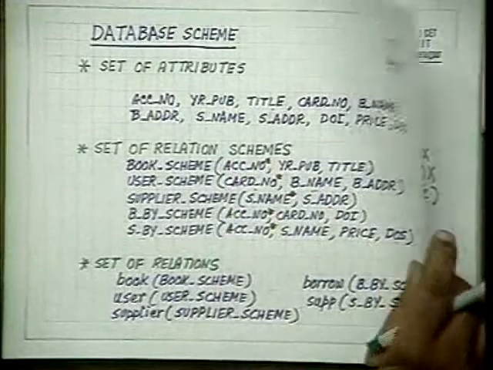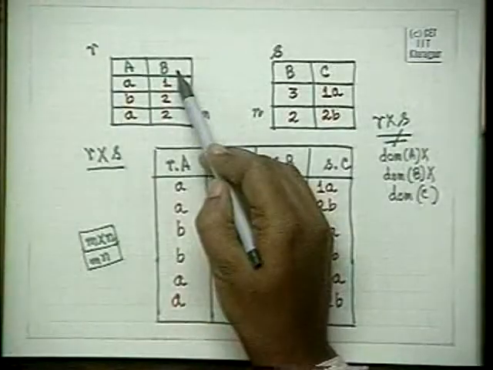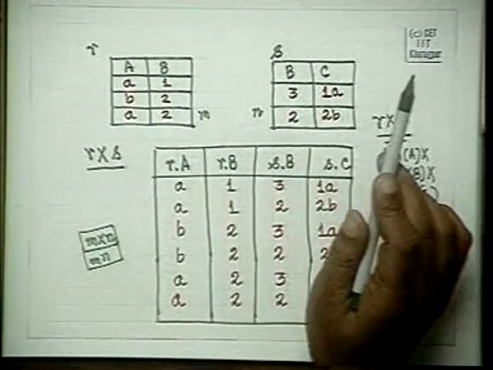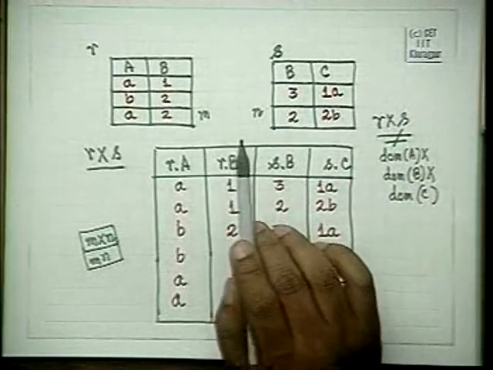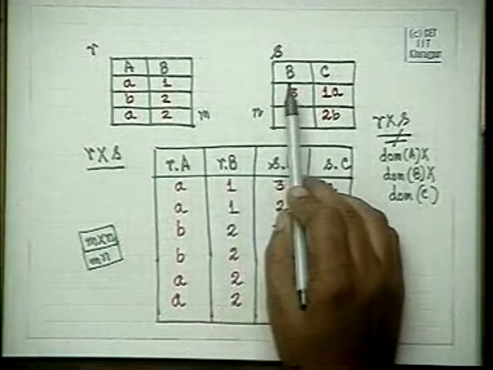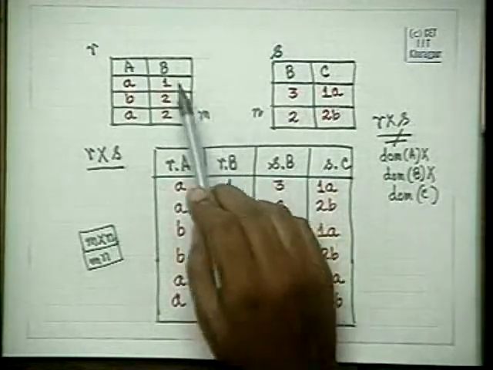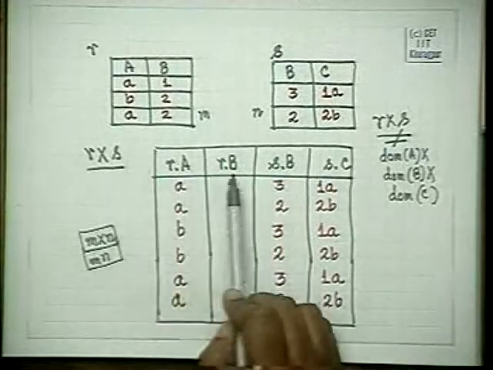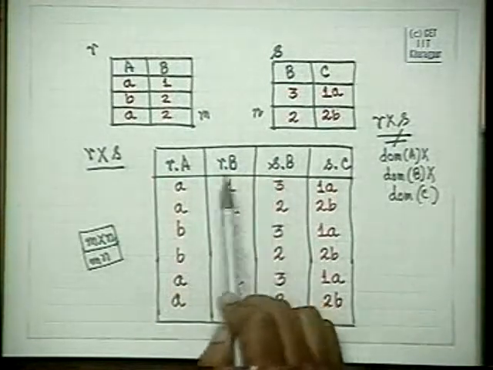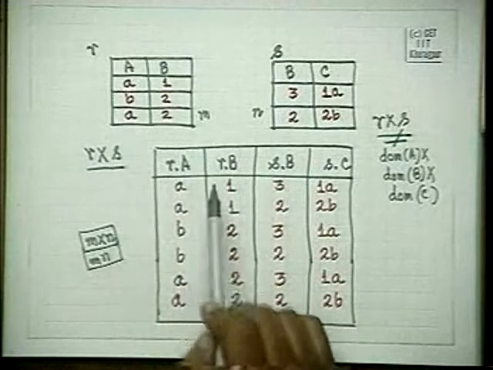You cannot have this as one attribute type and this as another attribute type. They are both defined from the same global pool of attributes. The database definition is such that the attributes are first defined, therefore these two must have the same type. In a Cartesian product, they will have different columns corresponding to the relations from which they come.